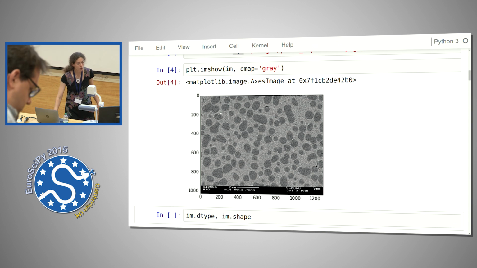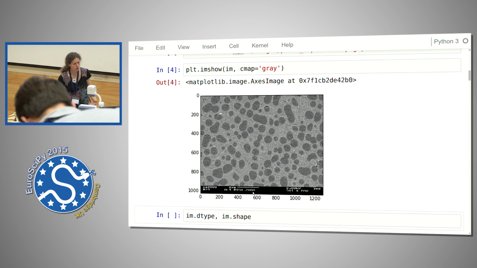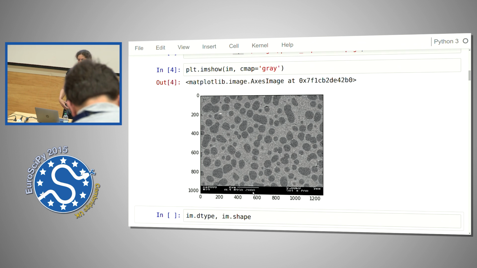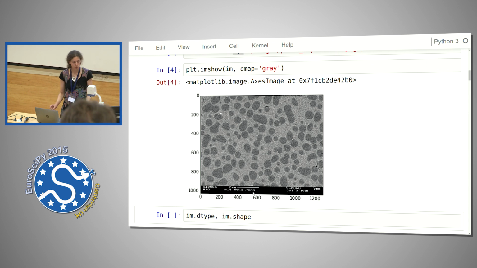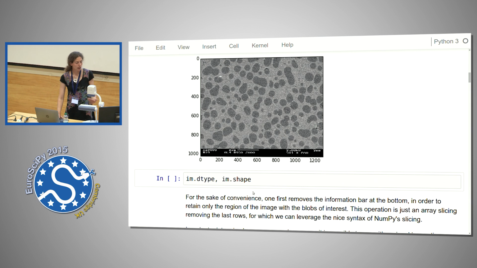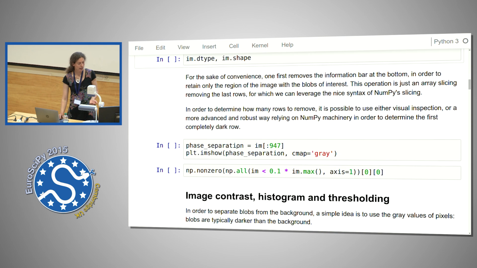So I have all my blobs in the image, but I also have this annoying toolbar that comes from the microscope that recorded the image. If I want to do robust image processing on this image, I first wish to get rid of this bar, because it will do crazy things on the toolbar. So how can I do that? I can see that I just need to remove the last rows of the image. I can either manually look up the index of the rows that I want to remove, but I can also